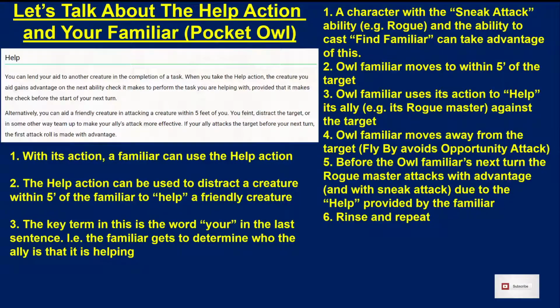If it's the owl, it flaps its wings, it screeches, it pecks at the thing, whatever. And then it's doing that to provide a distraction to the opponent so that an ally. This is the key term in this last sentence. It says if your ally, by saying your ally, that means you get to choose which ally is the subject of this. So if your ally attacks before your next turn, the first attack roll that ally makes is made